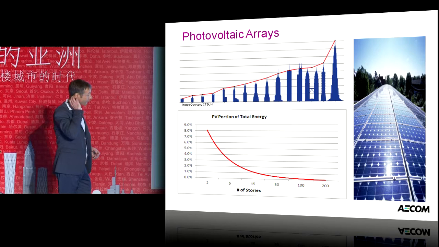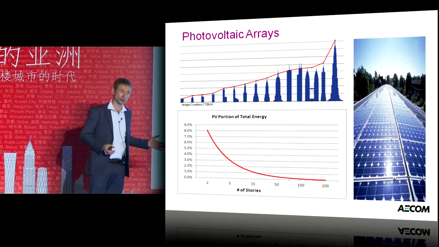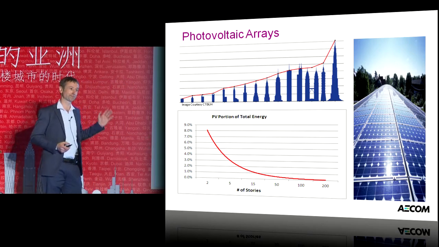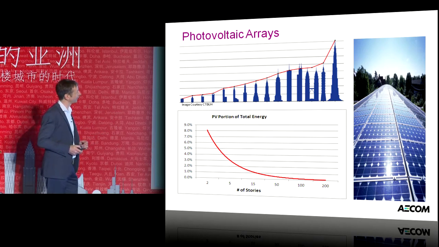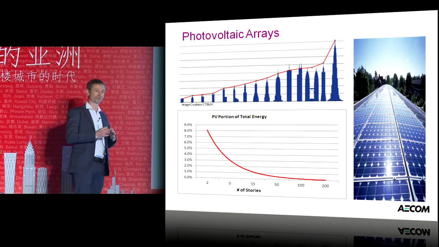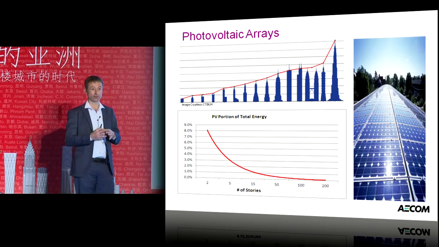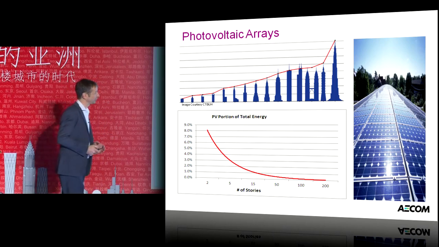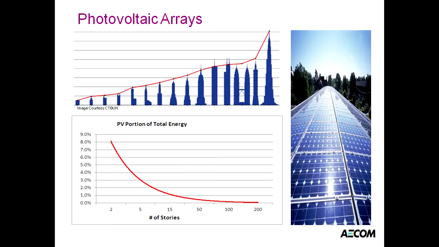And then, of course, photovoltaic arrays. I'm not going into wind turbines. I've got my own opinions on those. But with regard to photovoltaic arrays, naturally, as buildings get taller, the amount of floor area on the roof of a building to put in a photovoltaic array reduces proportionally. And if you start to do the calculations, as you start getting above 5 stories, you're well below 3% of your total building energy, and it peters down to quite a small number. There's always the option to put in PV arrays